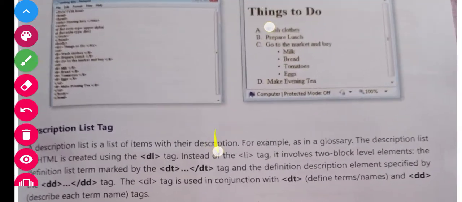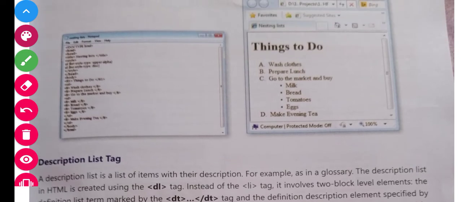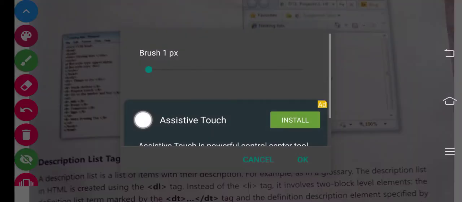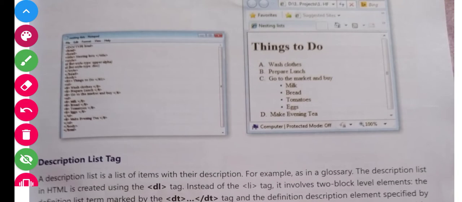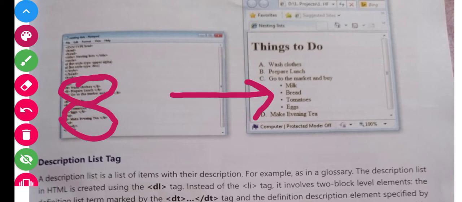You can see a program of this nesting list here. HTML, head, title close, and in this one list is this here. One list is this and another one is this. And the output of this is here. The first list is: wash clothes, prepare lunch, go to market.